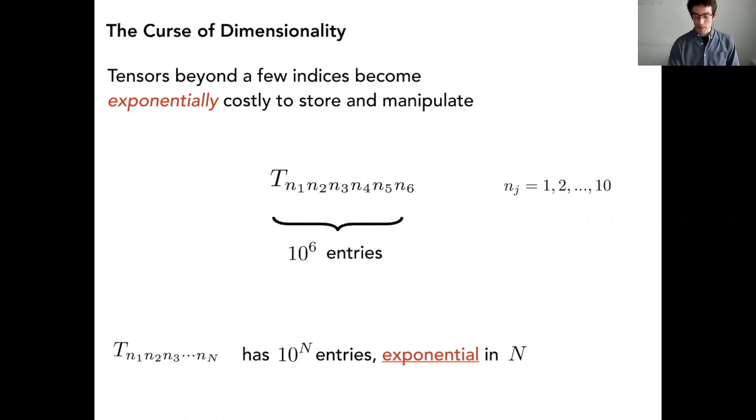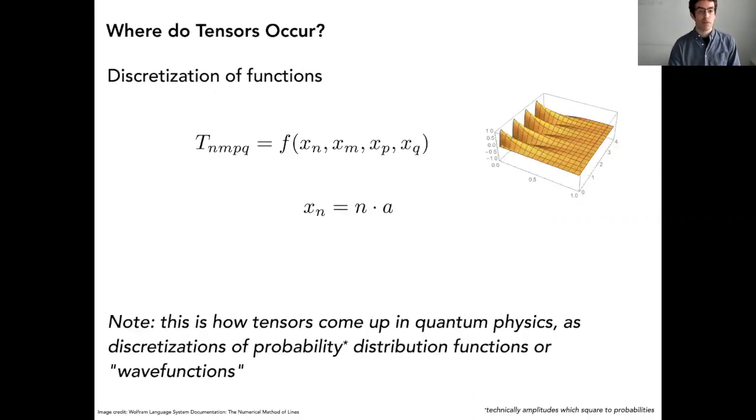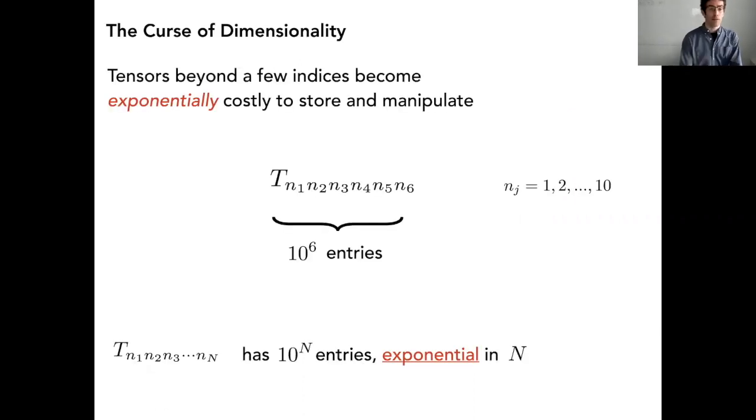Now, there's a really big problem, though, with these proposals of using big tensors with lots of indices. The biggest problem is this thing called the curse of dimensionality. The problem here is that if you go from order 2 tensors to order 3 tensors, here I'm showing an order 6 tensor with 6 indices. In general, an order n tensor, and at CCQ we want to take n basically to infinity, the number of entries in the tensor grows exponentially.